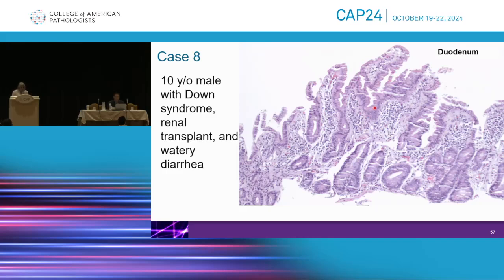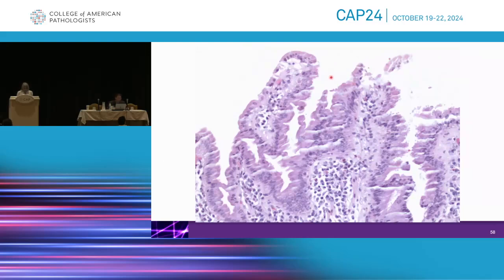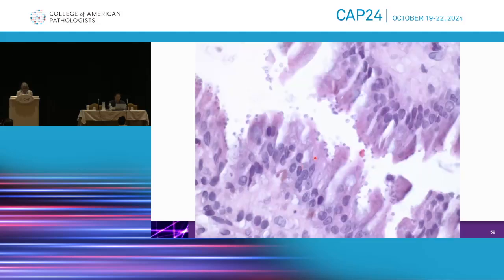But what jumps out a little bit is there's some mucin depletion and even the sense of some epithelial disarray where the nuclei are not quite aligned and they're looking a little more disorganized. So looking at this more closely, you can actually see that there is some epithelial disarray, mucin depletion, and the other thing that you can appreciate is there's a decrease in goblet cells, which is another feature of chronic injury. And you can appreciate a number of organisms here that are these classic blue beads, as they've been described,